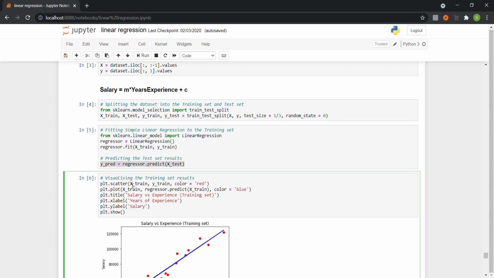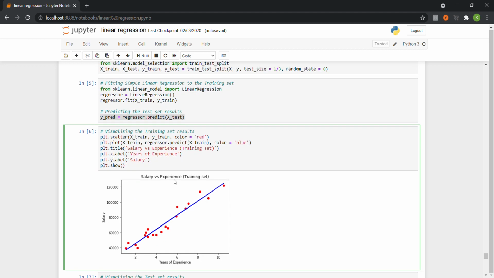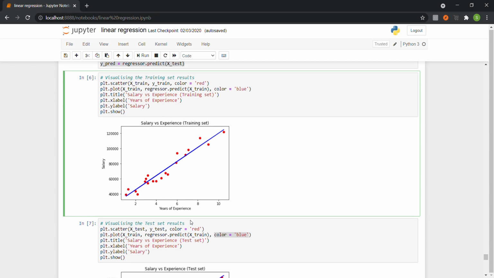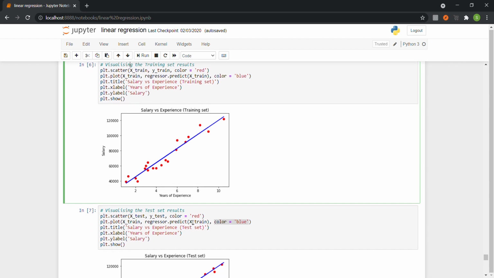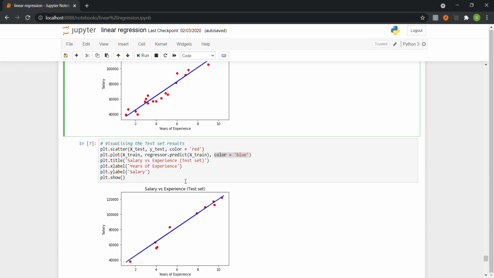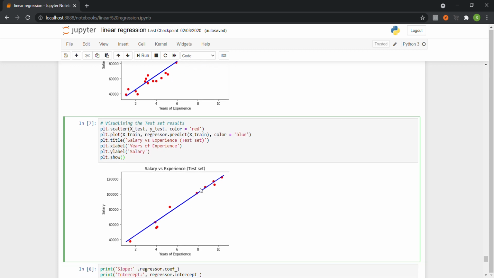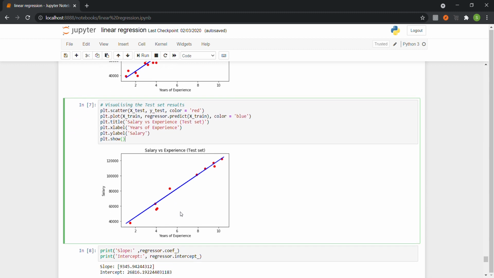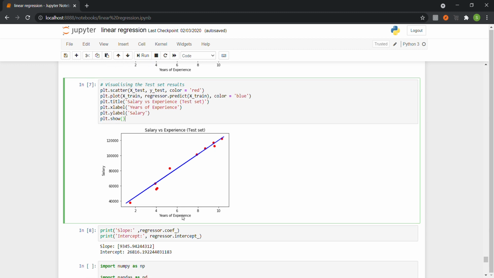Now we need to see the visualization of how our line is fitting, and here it can be seen that it is fitting to a large extent. And for the test set, now we also need to see, as we need to check about the overfitting also. So it can be seen that the model is generalized well also, meaning we have got a good model or good line for linear regression.